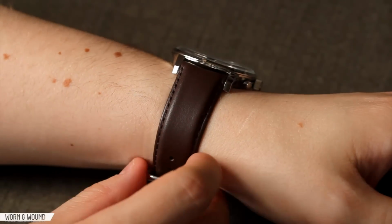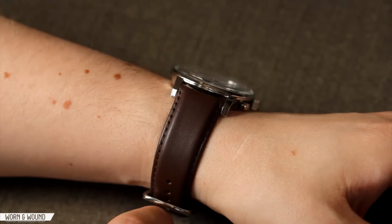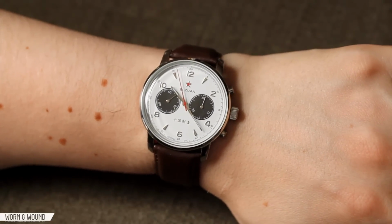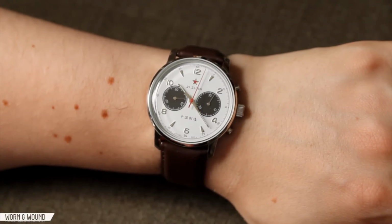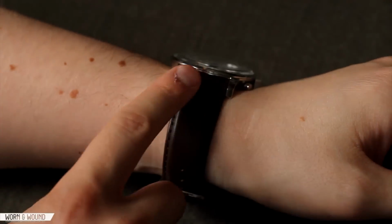It wears very comfortably also, just in general. I mean, 13 millimeters tall is a very nice size. And I think, stylistically, like I said, it's a very easy daily wear watch. It's not overly aggressive in any way. It has some nice decorative elements to it, and it's a definite conversation piece, so it's fun to wear. It comes on this